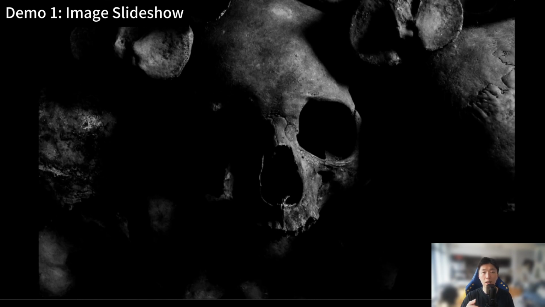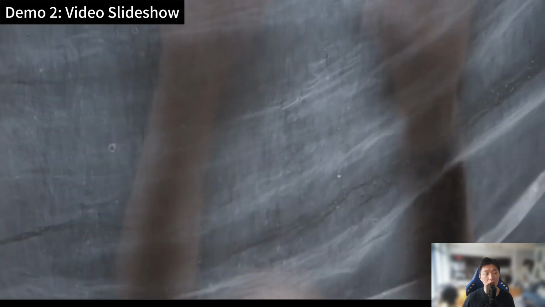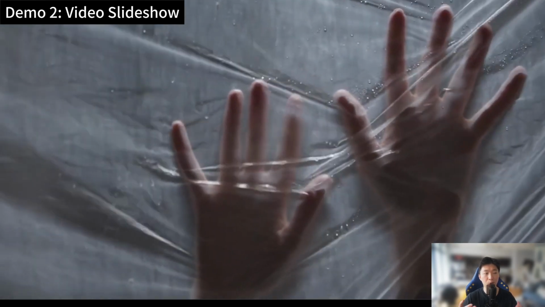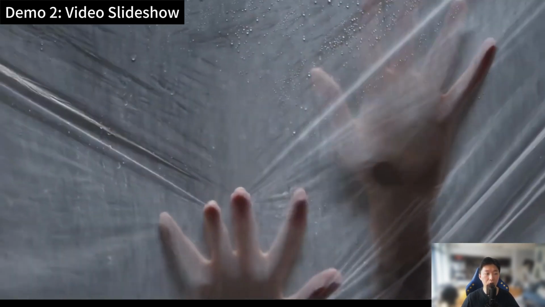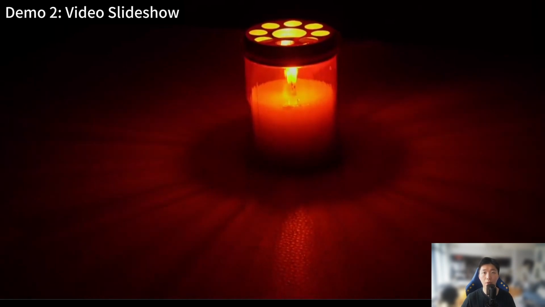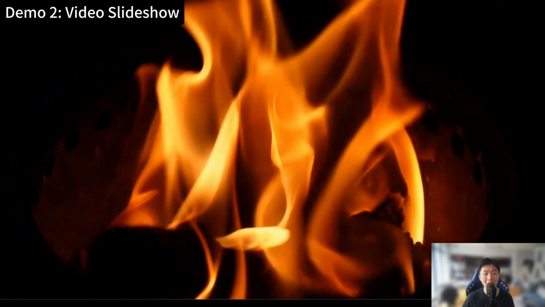into the video content. Here, I'm showing you the second demo, which is using the video slideshow to do the visuals. Same as the last demo, I went to Pexels and downloaded a few horror themed clips. And then I just put them in the folder, and our video editor will go to that folder and put those video clips together to make the video visuals. And imagine if we're combining this with our Amazon AI Polly voiceover, this would definitely be an amazing horror